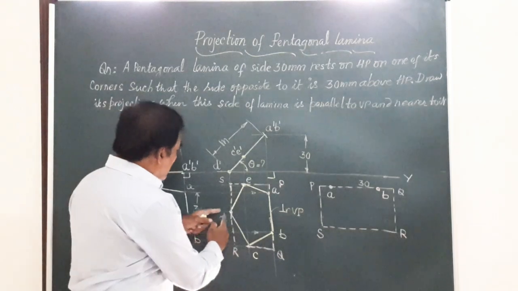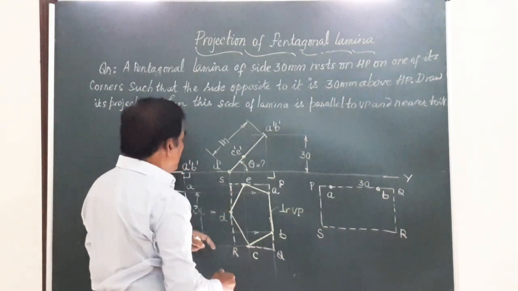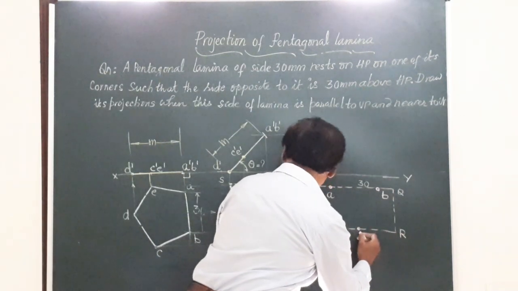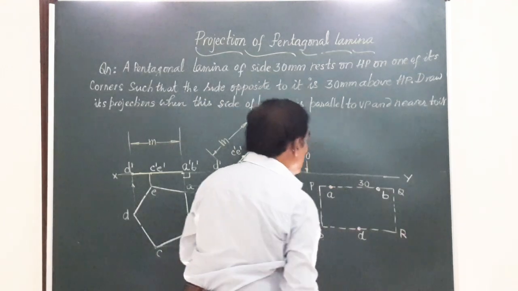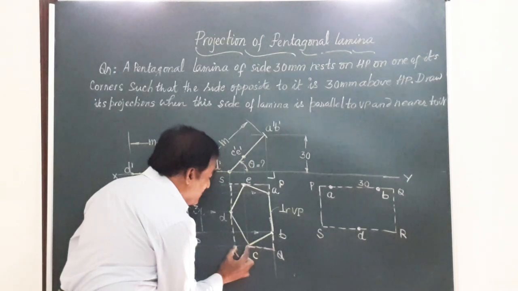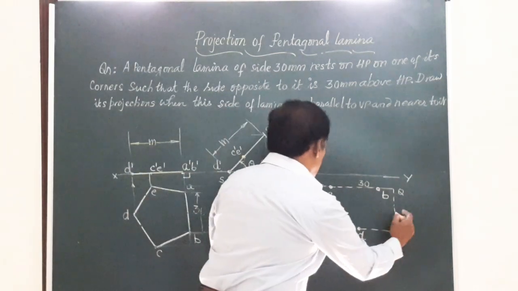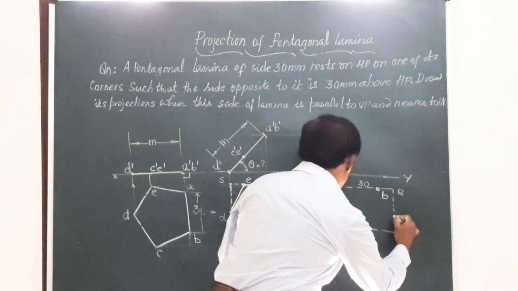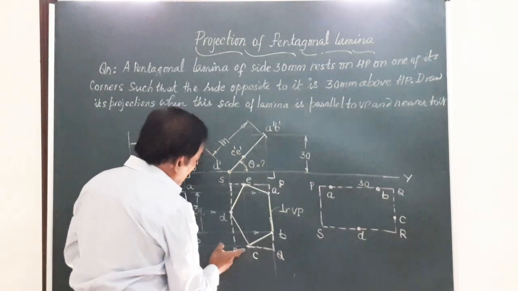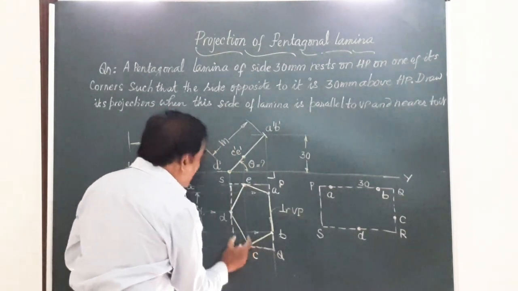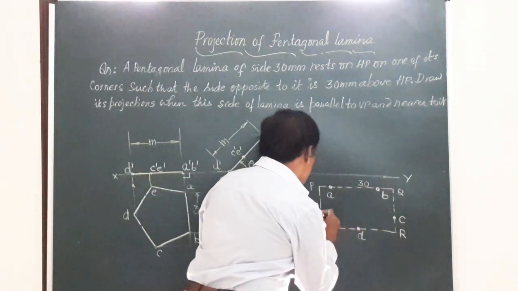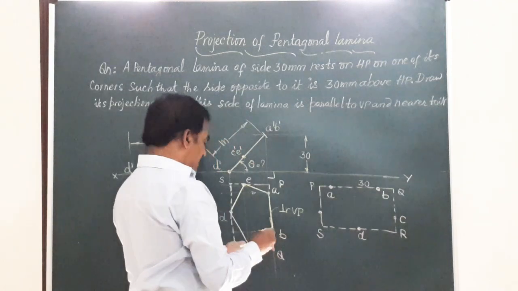Friends, you can easily mark D. D is exactly in between S and R, so I am going to mark this point as D. So I got AB on QR. Mark C at a distance of so much from R; from R, you are going to get this point, so I will call this point C. Finally, I have to locate E on the other end, which is at the same distance as that of C. So I will mark that on the other end R. Simply you can draw a parallel line through that point and obtain it.